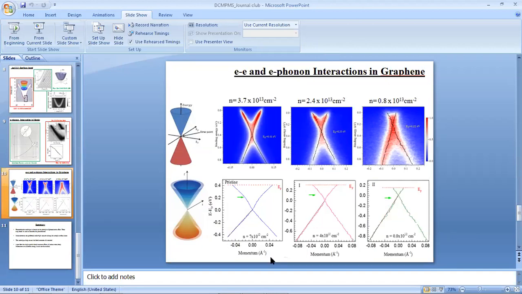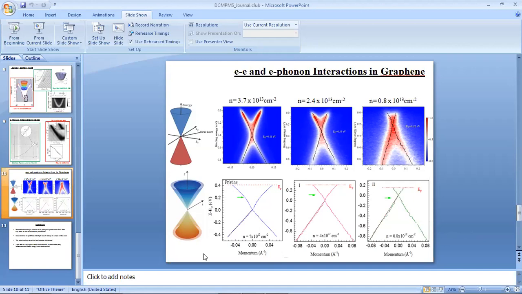Okay, and just one correction: the deviation from linearity can happen in two ways. Due to electron-phonon interaction, and also due to electron-electron interaction. Due to electron-phonon interaction, it happens near the Fermi level within your Debye energy. And the deviation from linearity due to electron-electron interaction happens near the node point. So that's it.